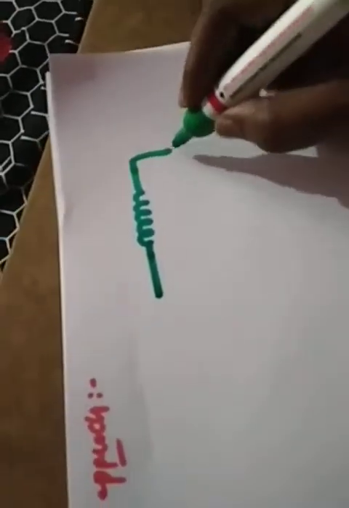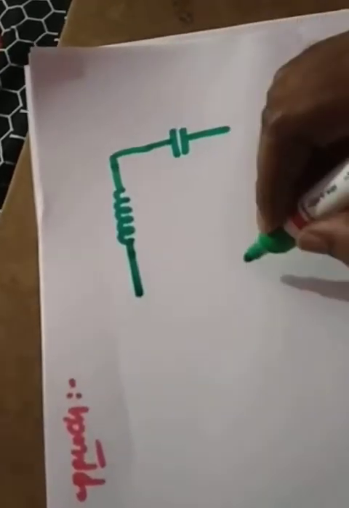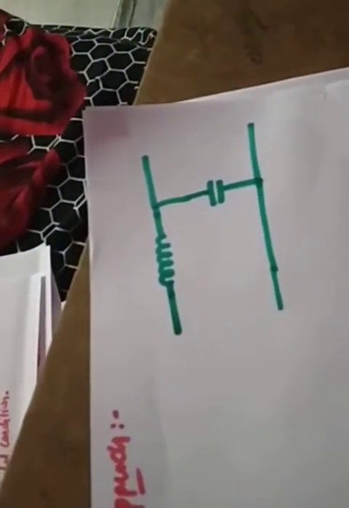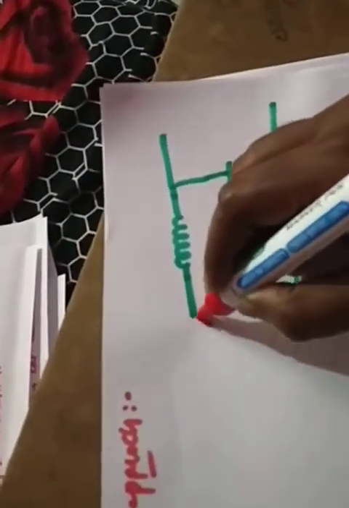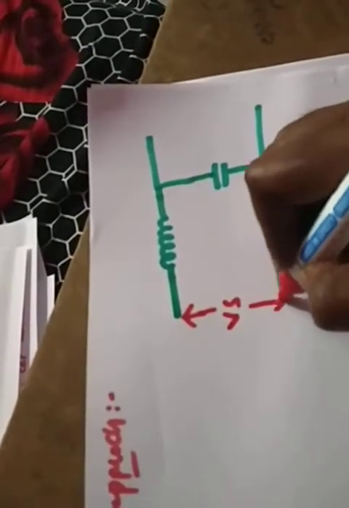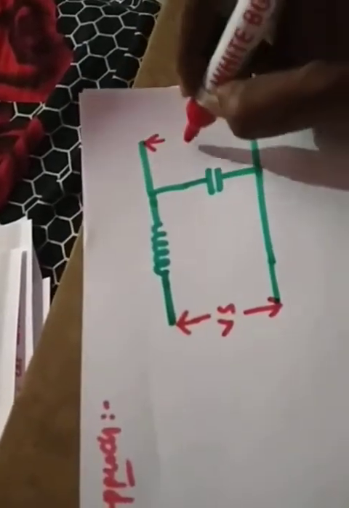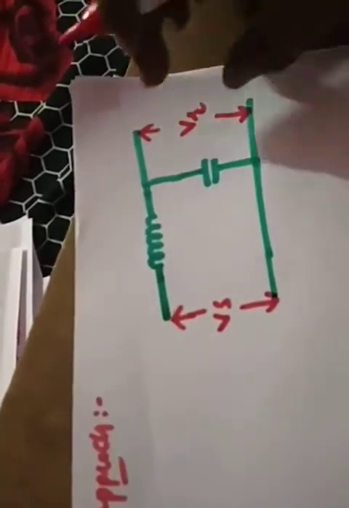I just want to go for one capacitance existing at the receiving end side, right? Only one capacitance that I am considering for your clear understanding, right? So this we can call the sending end voltage. So this we can call the receiving end voltage,